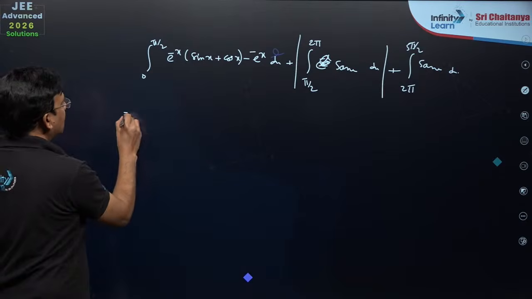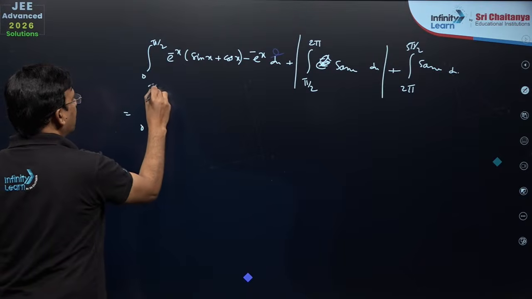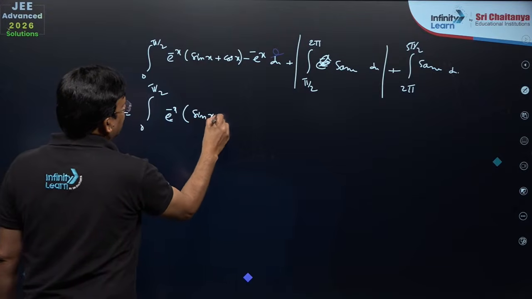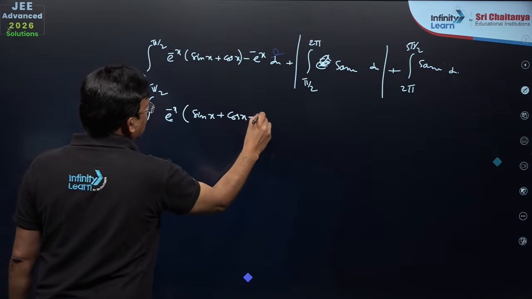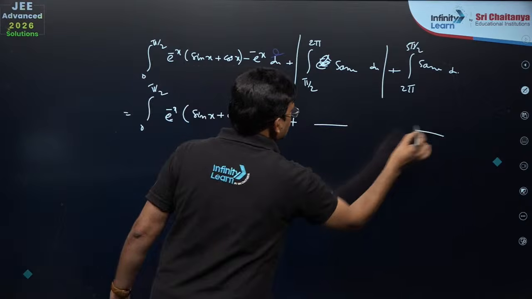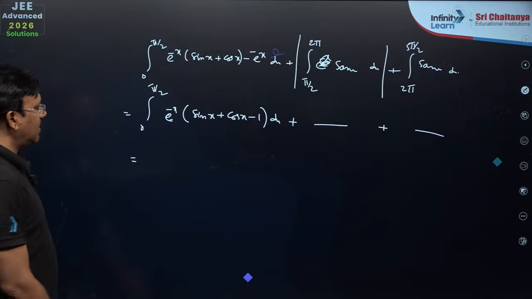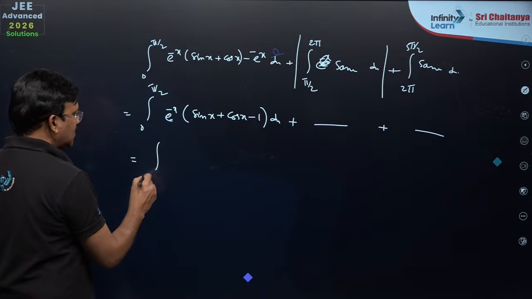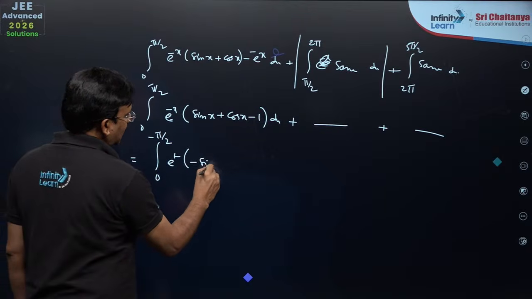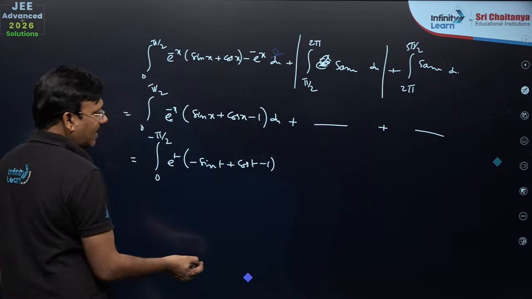So how to do this integral? You just take e power minus x, integral 0 to pi by 2, e power minus x into sin x plus cos x minus 1 dx. For this part, similar, the integral limits will change, okay? So here let me tell you how to evaluate this particular integral. You take minus x as t, this is 0, this is minus pi by 2, this is e power t, this is minus sin t, this is cos t minus 1, d of minus x will become minus dx,